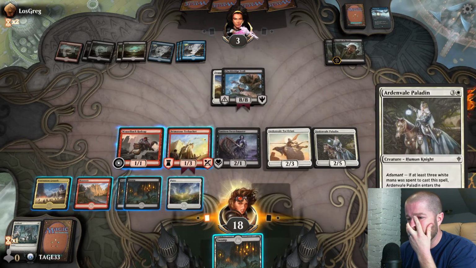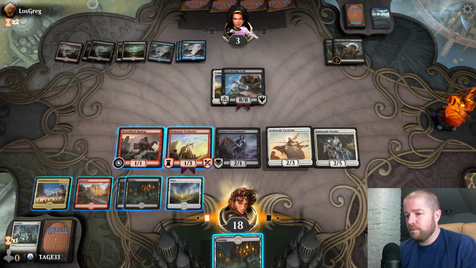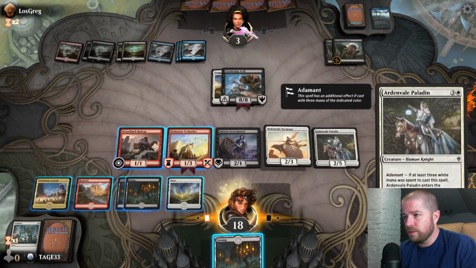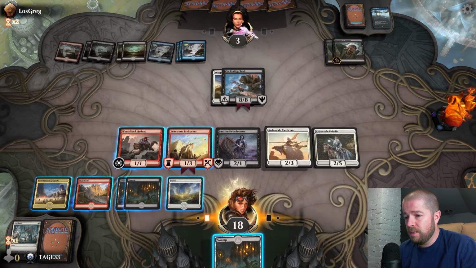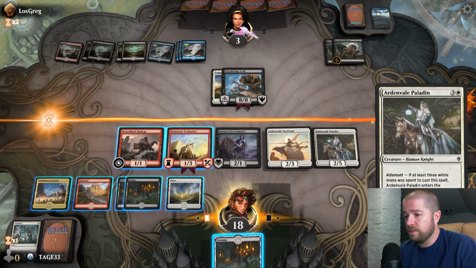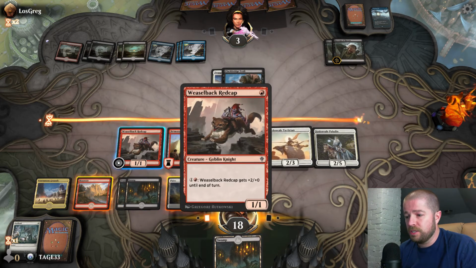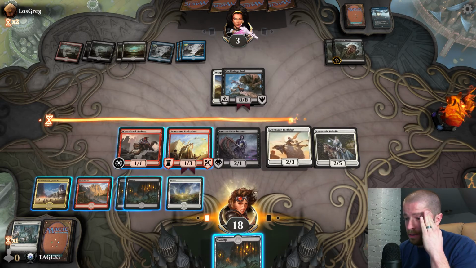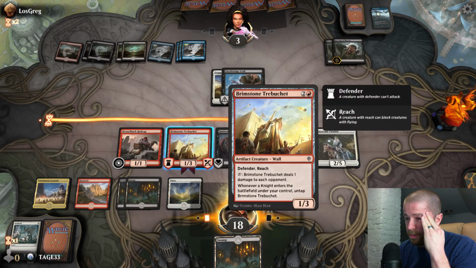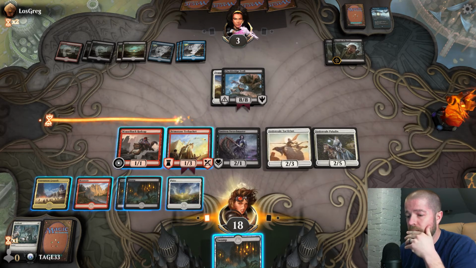Swing with everything. Take him down to 2. If I were to swing with 4 creatures, he would gain 8. So he'd go up to 10. And I'd be hitting him for 1, 2, 3, 4, 5, 6, 7, potentially 9 with the Weaselback Redcap. Right? Is that math correct? So ping him for 1 with the Trebuchet, drop him down to 2. If I swing with 4 creatures,